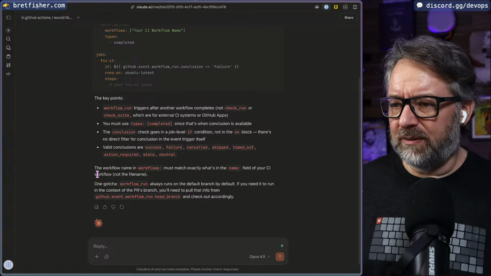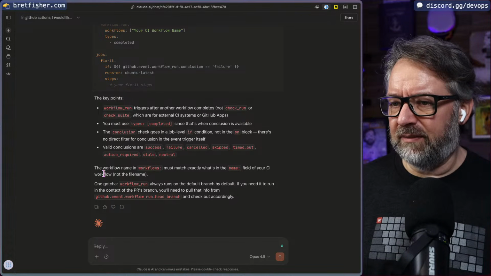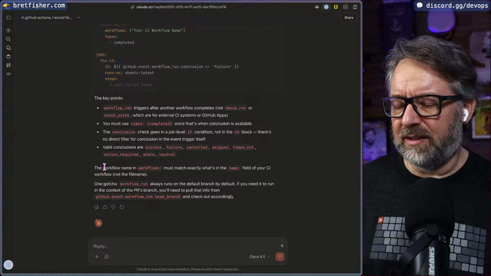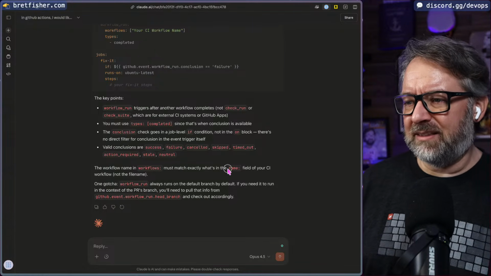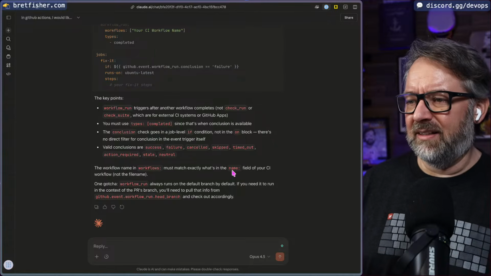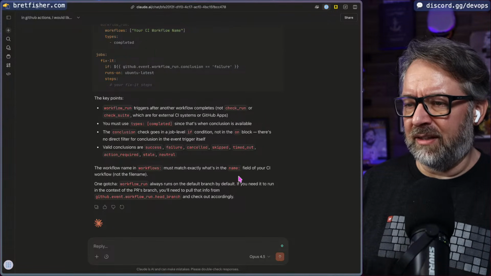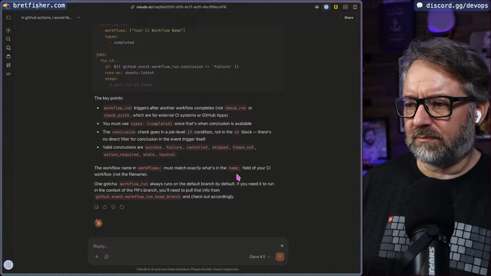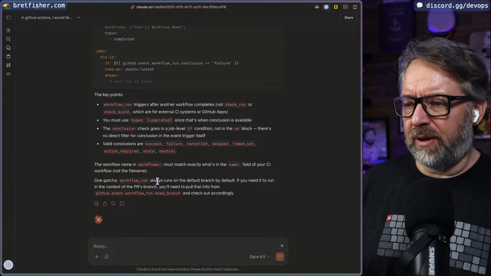The workflow name and workflows must match exactly what's the name field of your CI workflow, not the file name. That's unfortunate that it uses the name text field for matching. It feels like it should use the YAML key name rather than the friendly name, but always run on the default branch by default. If you need it to run in the context of a PR's branch, you need to put that info from